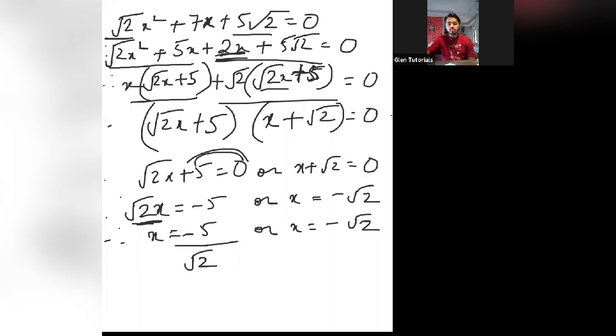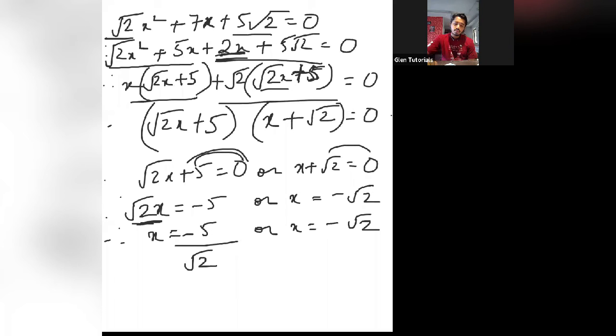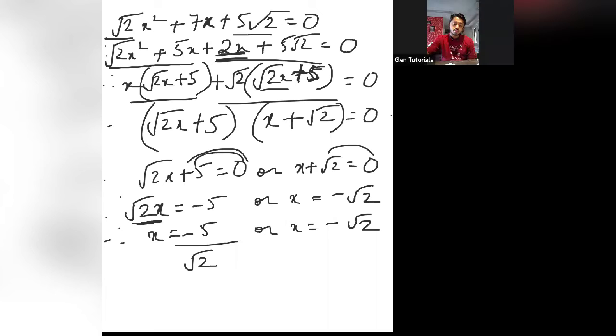Yes, Anil, what is your doubt? Sir, that x plus root 2, that step not understood. X plus root 2 is equal to 0. Root 2 came on the right, it became minus root 2. Sir, no, the x plus root 2, how did we get it? X plus what? Root 2. Yes, sir. Here, x plus root 2. Okay.